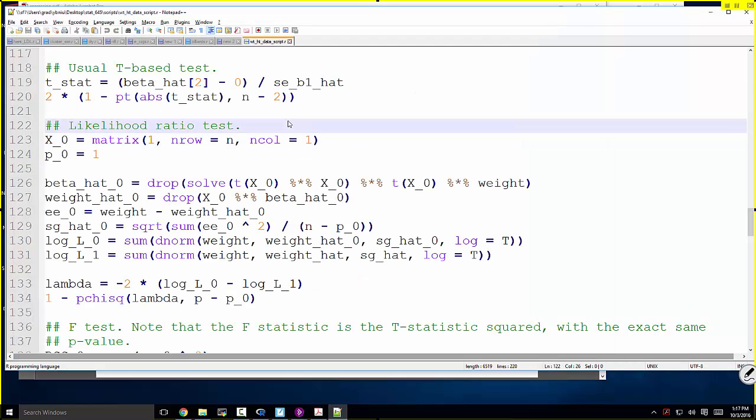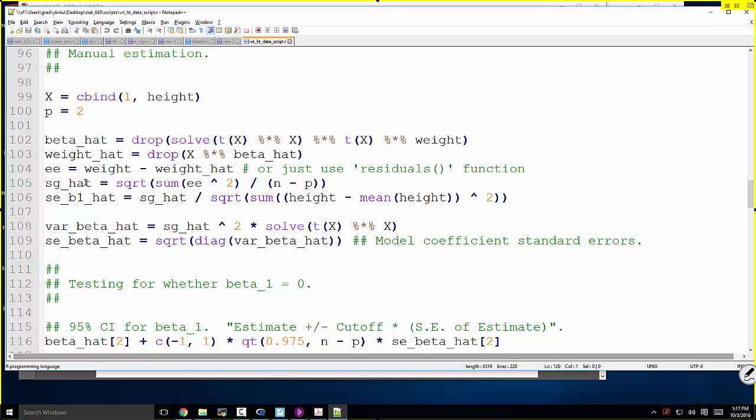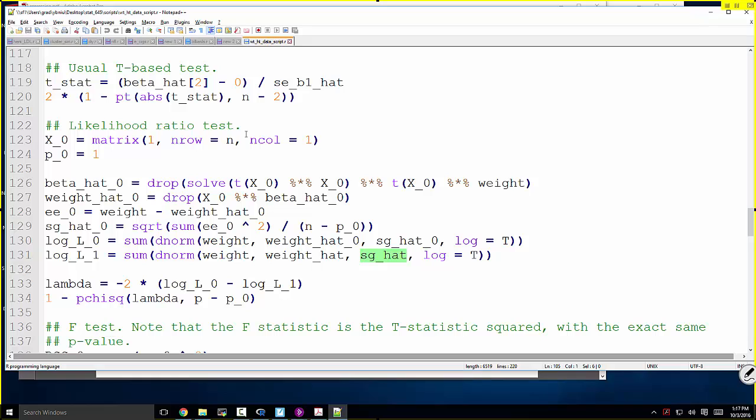So let's do that here with this simple example. I'll come back to this in a second. Well, no, I'll do it right now. What I want to do, we've already computed beta hat and sigma hat. We have fully estimated the unrestricted model. Now we need to fit the restricted model. So the way we can do that is to ask, first of all, what is our null hypothesis? If we're sticking with what we did just above and wanting to ask, is beta 1 equal to 0? Then our restricted model,